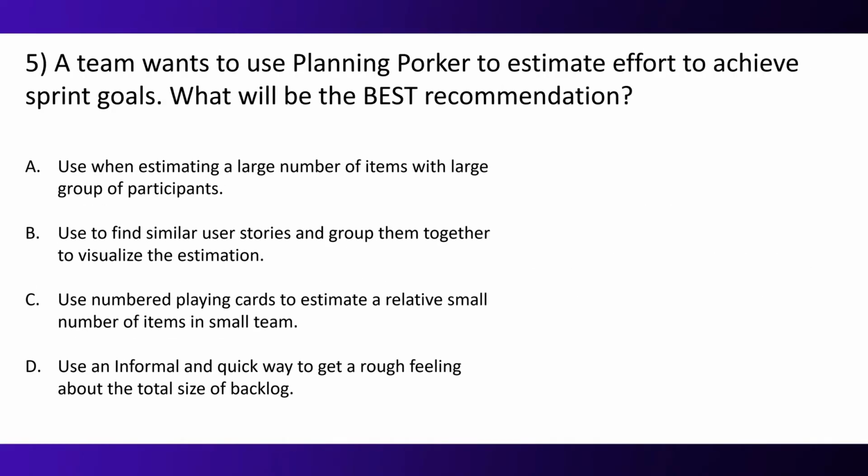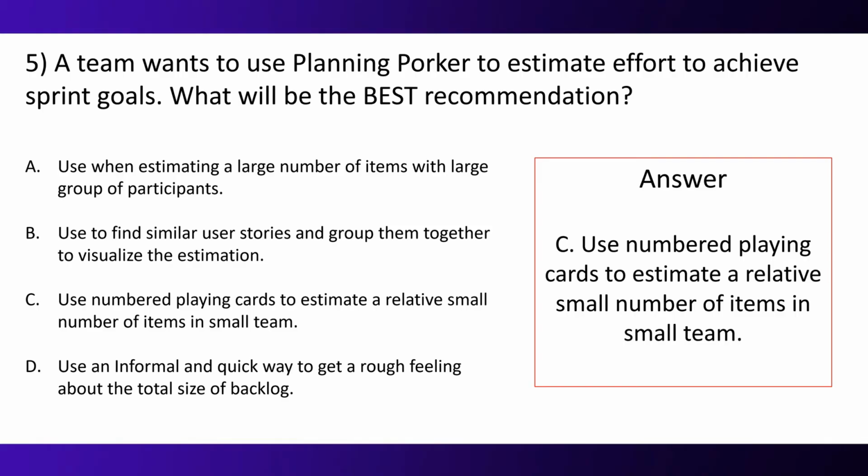Question 5. A team wants to use planning poker to estimate efforts to achieve sprint goals. What will be the best recommendation? Option A, use when estimating a large number of items with large group of participants. Option B, use to find similar user stories and group them together to visualize the estimation. Option C, use numbered playing cards to estimate a relative small number of items in small teams. Option D, use an informal and quick way to get a rough feeling about the total size of backlog. And the correct option is C, use numbered playing card to estimate a relative small number of items in small